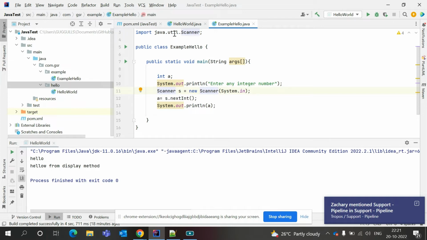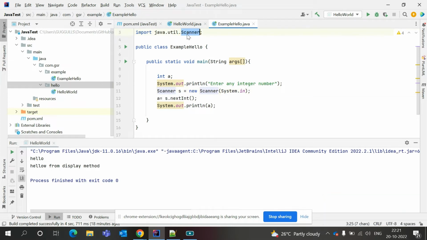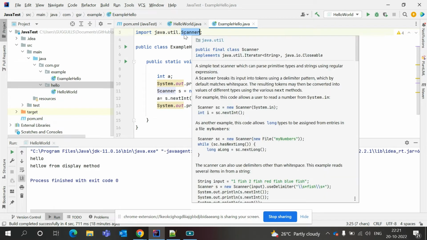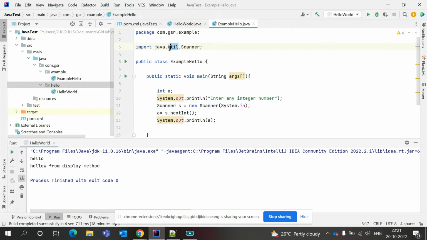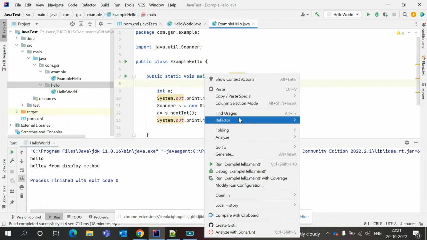Import java.util.Scanner. Now we are using only Scanner, so we use java.util.Scanner. In case we need to use all the classes inside util, we can use java.util.*. Java.util is the package in that jar file. If we run this one,